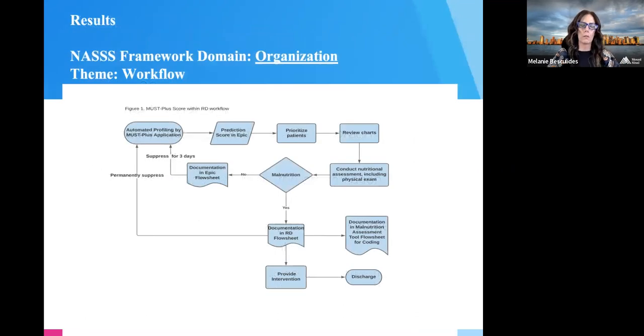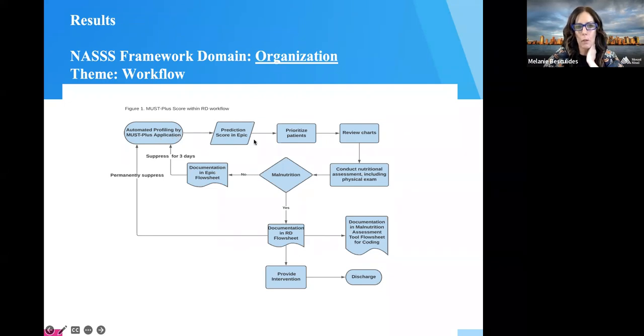So going on to the results, in terms of the NASSS framework, and thinking about organization, and when I say organization, I mean how ready is the organization for the technology, what changes will need to be made among the team, interactions and routines, who was involved in implementation. So one of the themes, workflow, we put into this framework domain, organization. And so this diagram describes how the MUST+ score fits within